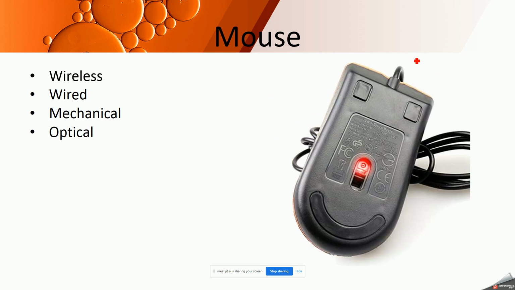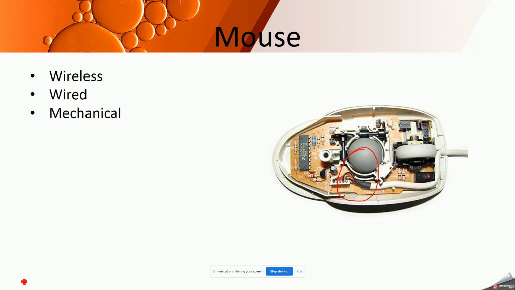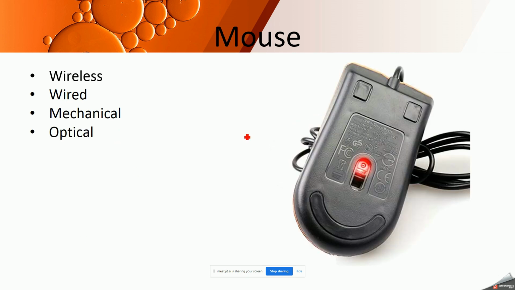Next is an optical mouse, which uses a light source and a small mirror which reflects the light. This mouse practically works on any surface. Mechanical mice needed a completely flat surface for working, but an optical mouse can work on almost any surface, because a small LED light is focused on the surface and it is reflected back and hits the small mirror attached at the bottom of your mouse.